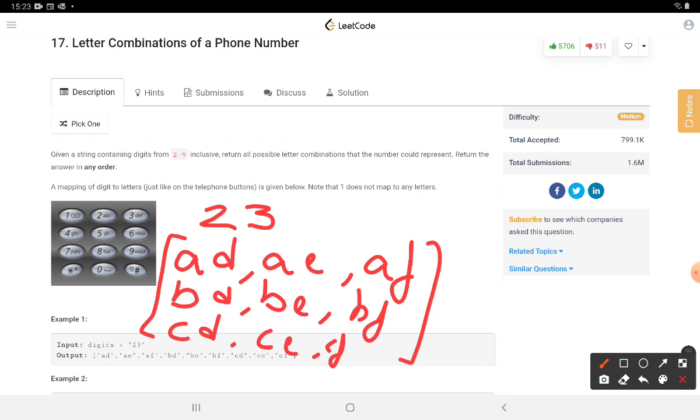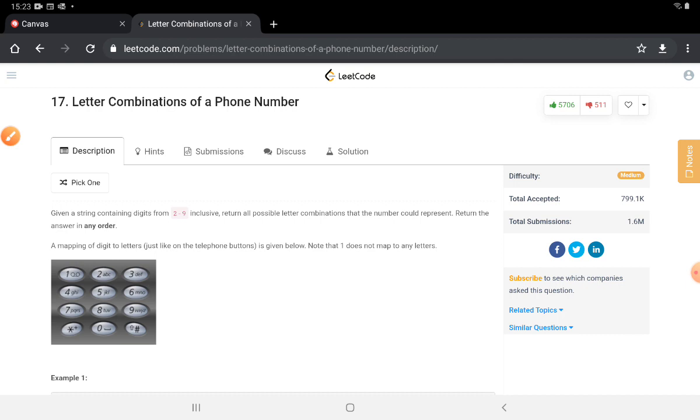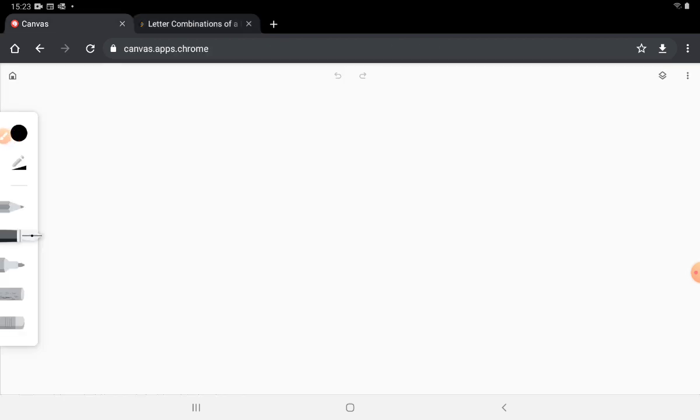So how about solving this problem? Let's discuss an approach which we can adopt over here. Okay, so let's take an input string such as 4, 6 and 9. So what we could do is, first of all, we can maintain a map of all the digits to the characters that it could represent, as it was shown in the phone dial pad.